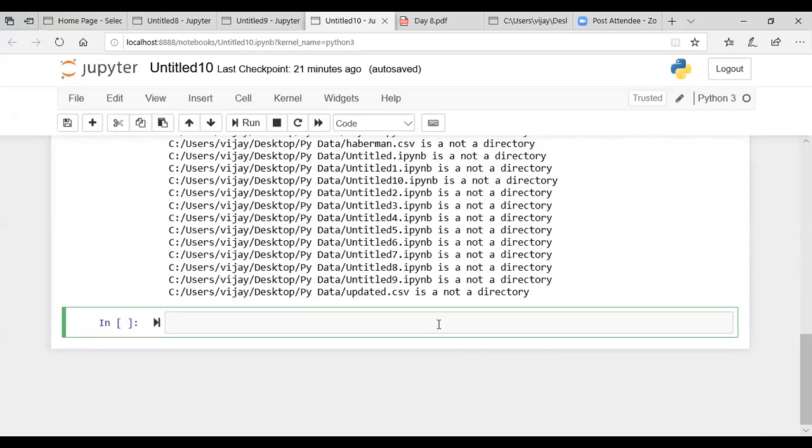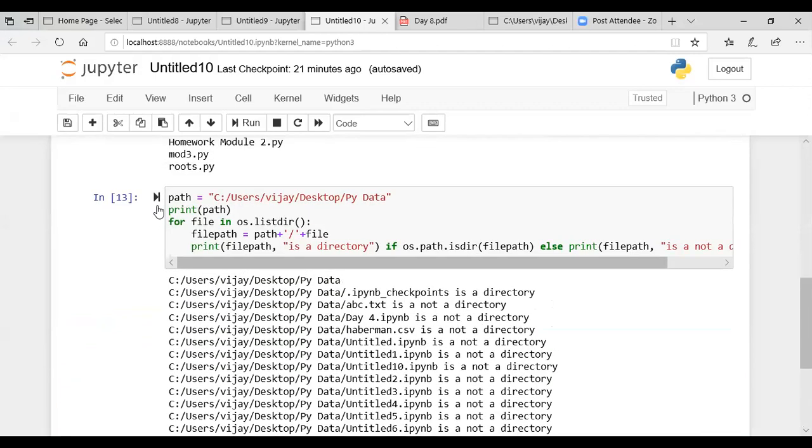Now your next task is to display only the files with a specific extension. If you want to display only the files which are text files, or only the JPEG files, or only the PY files, that can be done.